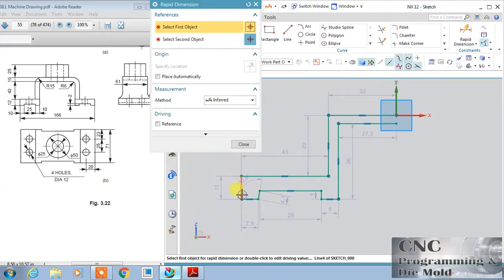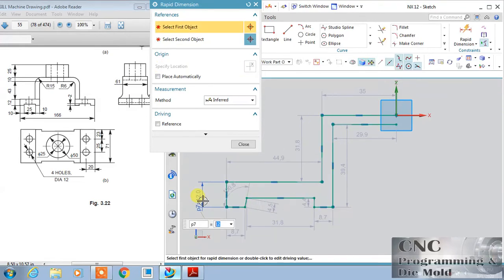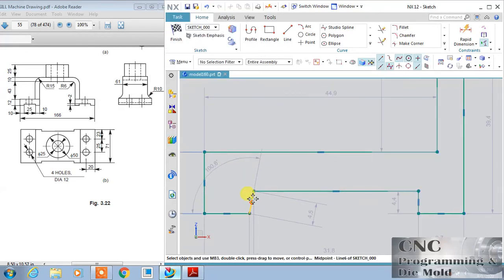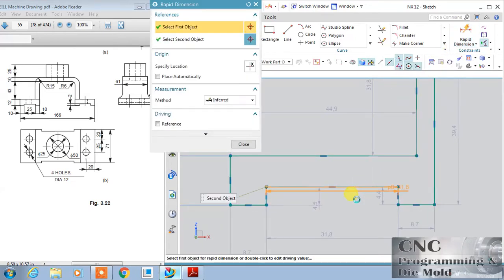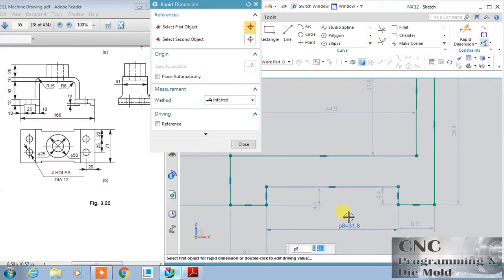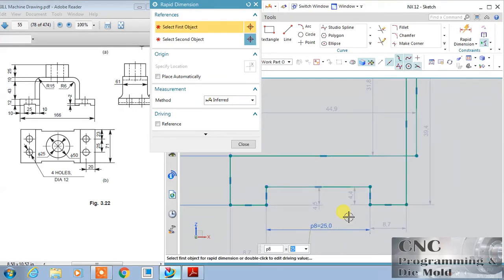So let's start the dimensions. This is 12, and before clicking this I'm going to make this line vertical. Click here and this is 25 millimeter long, this is 12, and this inner depth is 2.